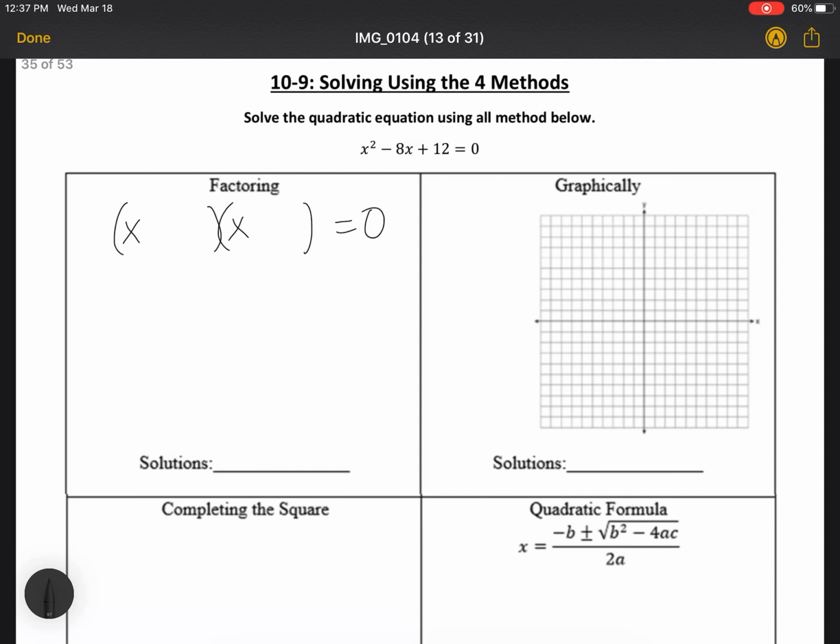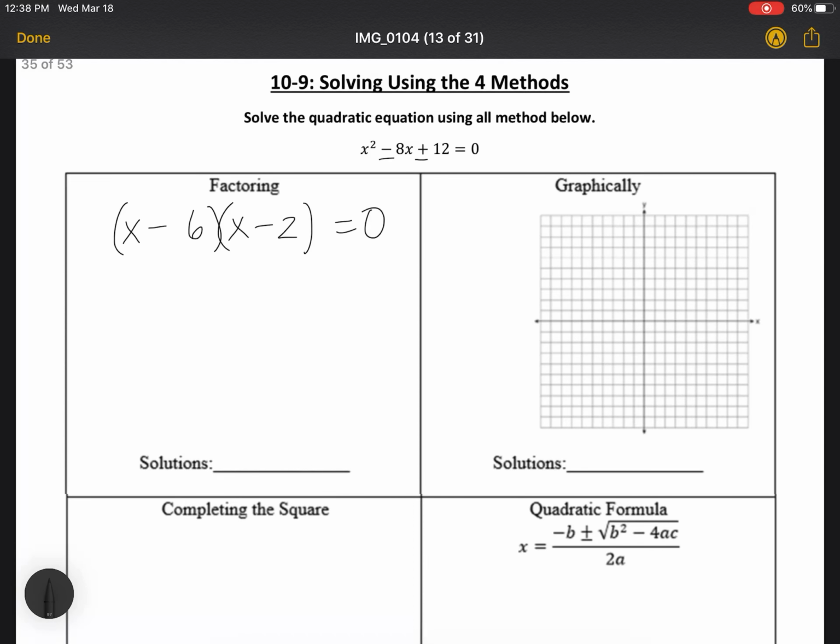I'm going to fill in my x's. Signs are the same and they're both negative. So I need factors of 12 that add to give me negative 8. So if you go through the list of factors of 12, what we need to use is 6 and 2. Let's just double check. Negative 6 times negative 2 is positive 12, and then negative 6 plus negative 2 is